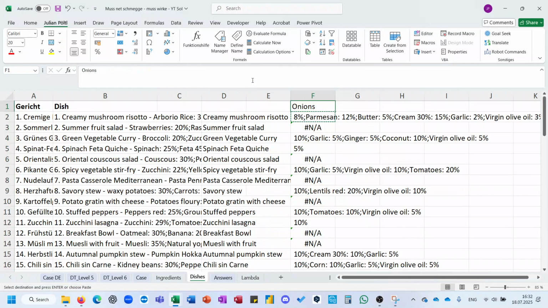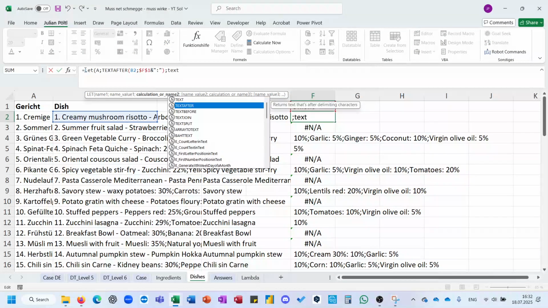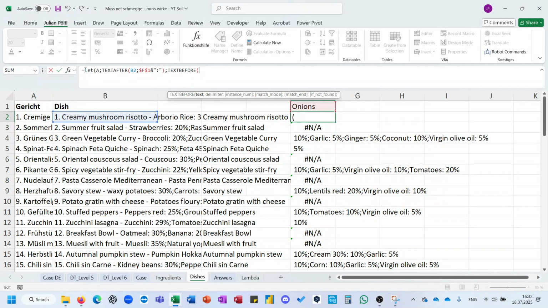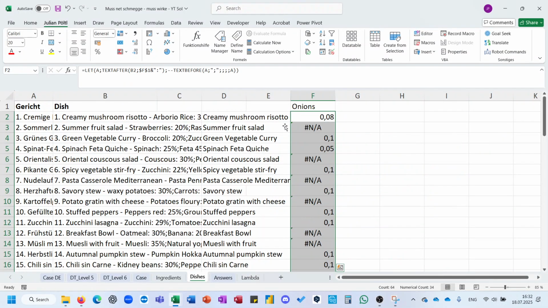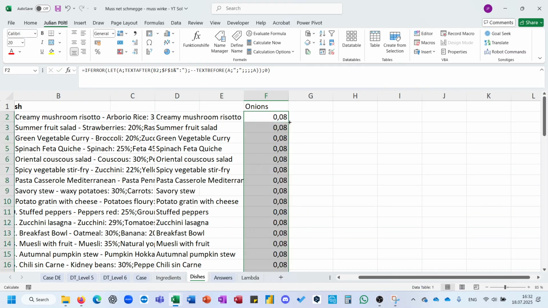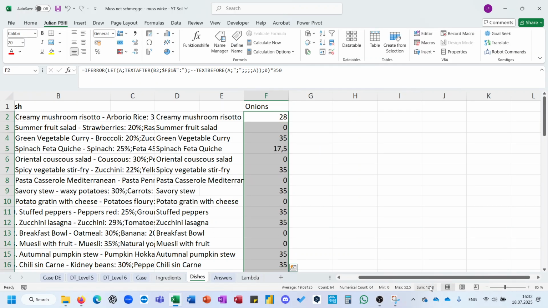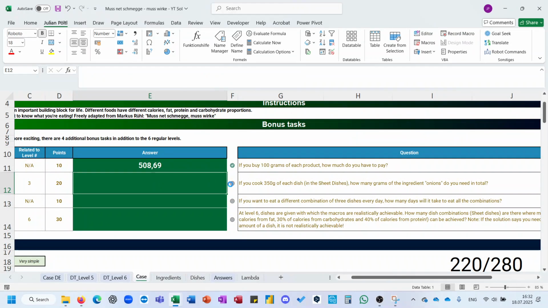Anyways, and then text before the next semicolon, so a, and if not found, because we have something here at the end, we want to turn out a minus minus, and we have the values if error 0, and then we need to multiply 350 grams with this, and we get a result, which is the searched